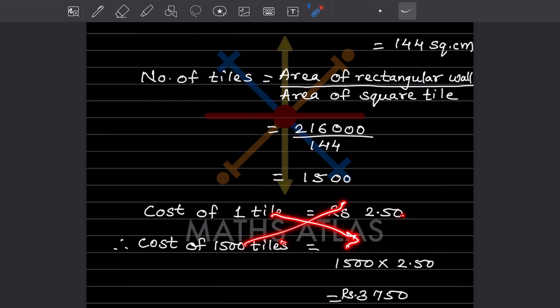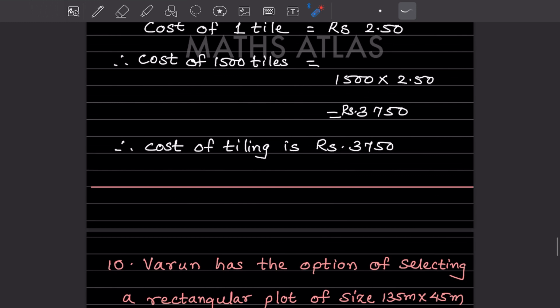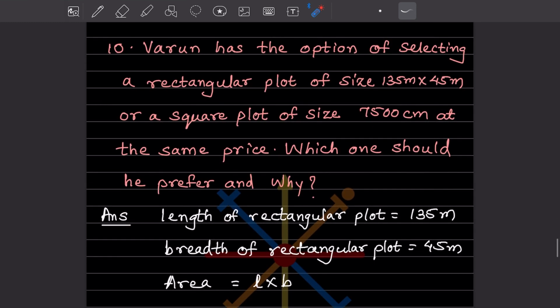So 1500 multiplied by 250 divided by 1. Usually we don't write that 1. So when you multiply this, you get 3,750 rupees. So cost of tiling is 3,750. Now the next one, Varun has the option of selecting a rectangular plot of size 135 meter into 45